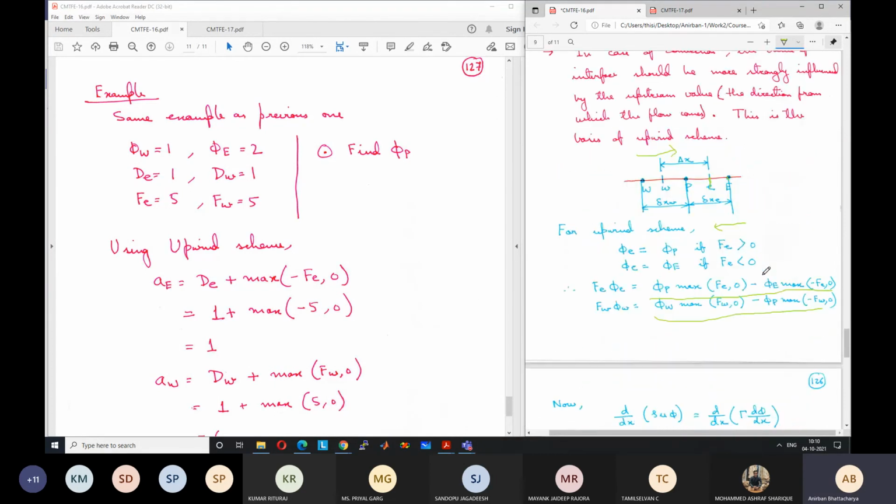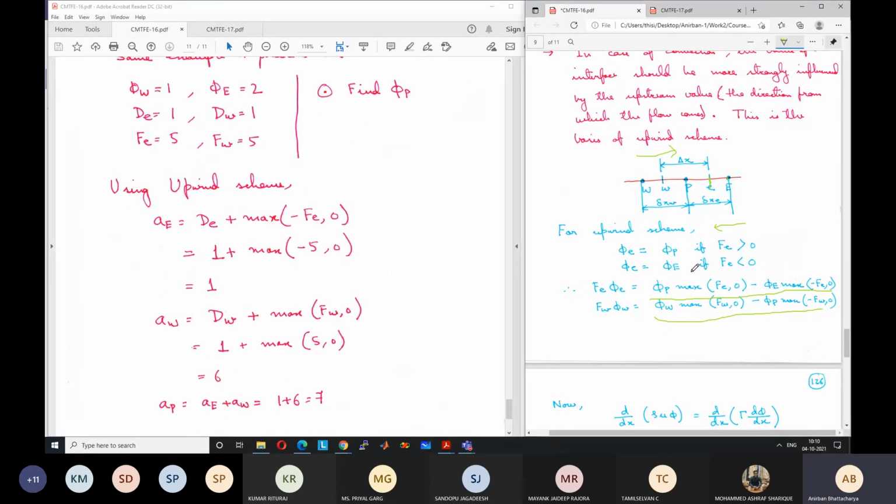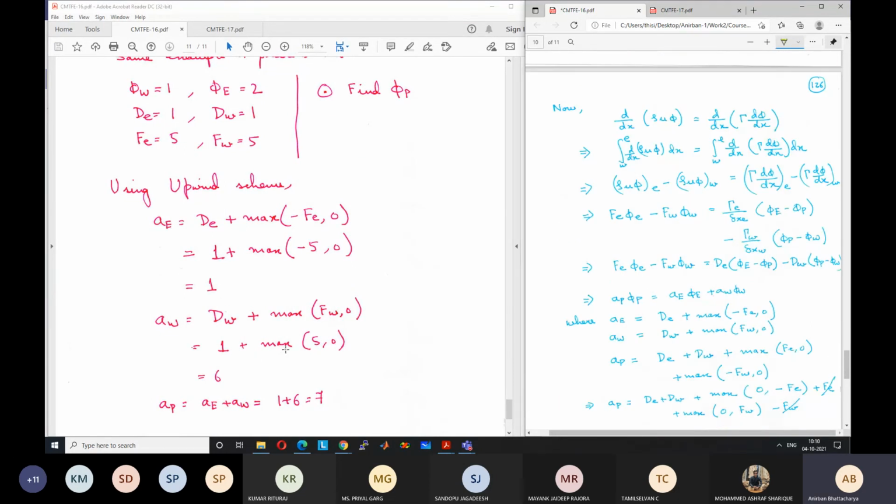What is AE? AE is the contribution of phi at this point. Because this flow cannot affect this point, because flow is in the other direction, the flow is not contributing at all at this point. But in the central difference scheme, we were assuming that flow is contributing at this point. But here we see correctly that flow is not contributing at this point. Only diffusion is contributing. Similarly, AW, which is dW plus maximum of Fw comma 0, is 1 plus maximum of